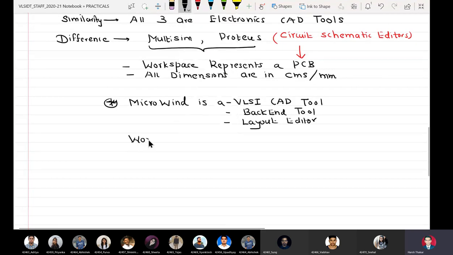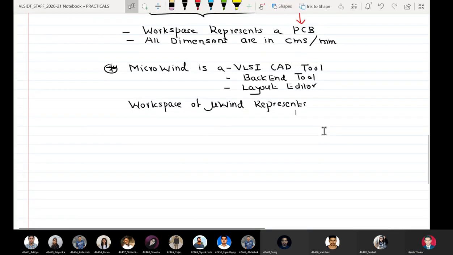The workspace of Microwind represents a silicon wafer.